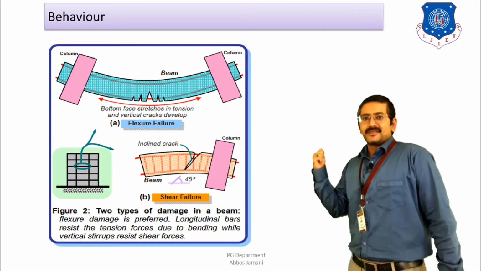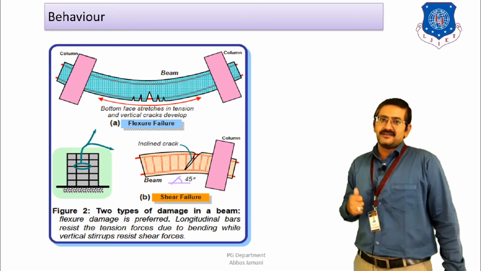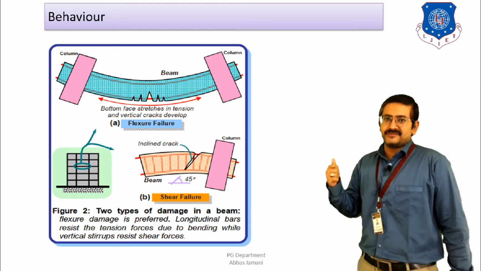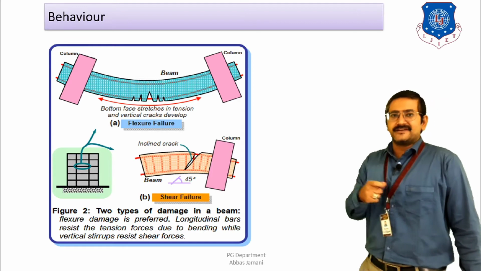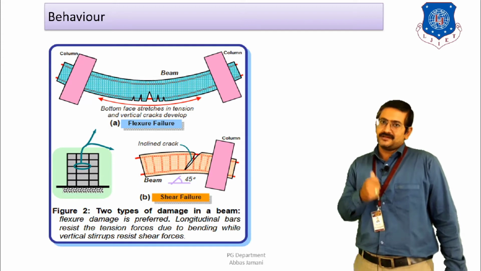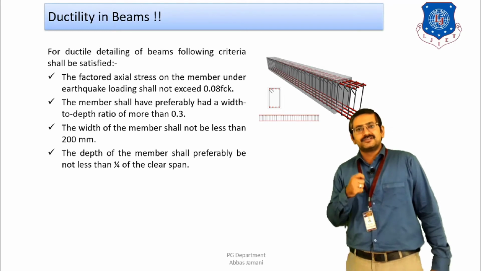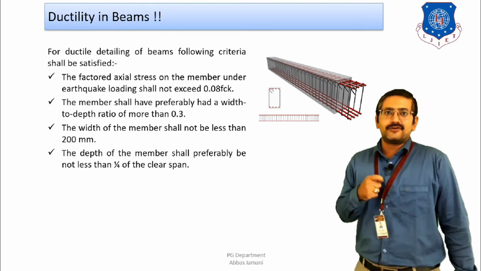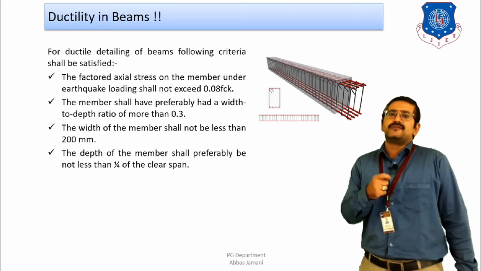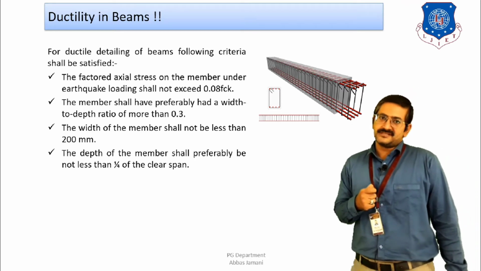In case of shear reinforcement also, if the shear cracks are happening, then again a brittle failure will start, and we do not want that type of failure, right? As a result, ductility has to be introduced in the members, and if it is introduced, then the elongation of bars will take place, and the ductile failure will be possible, right? Now we have understood the significance of ductility in beams, but if I want to introduce ductility, then there are certain guidelines given by IS 13920, and I have to strictly follow these guidelines in order to ensure that the ductile behavior of horizontal members is achieved, right?